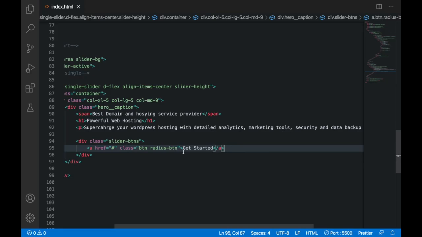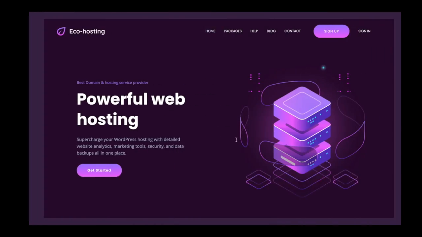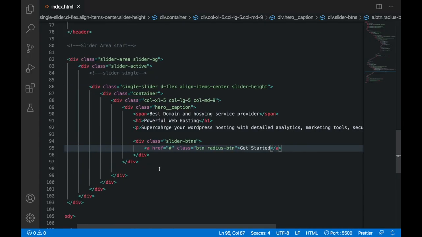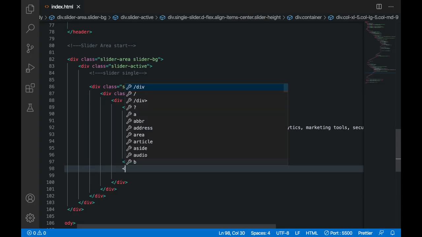And after this, the only thing left to do is to embed this image. So after this div element I am going to make another div.